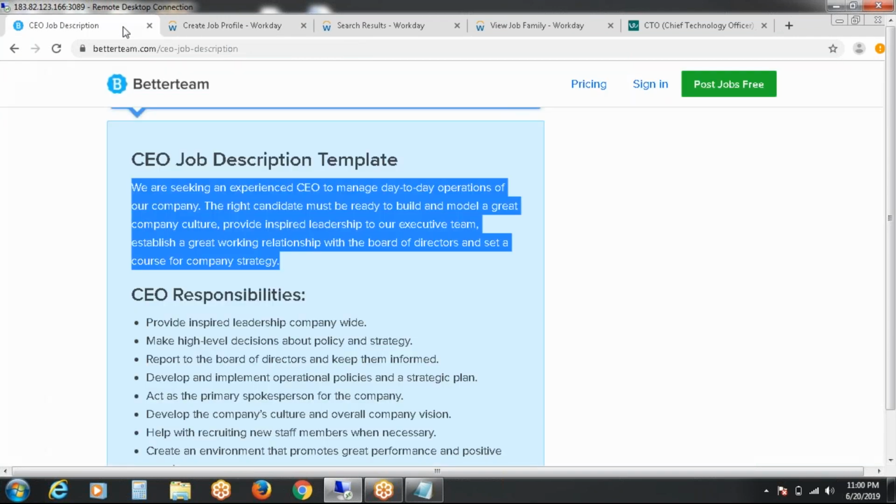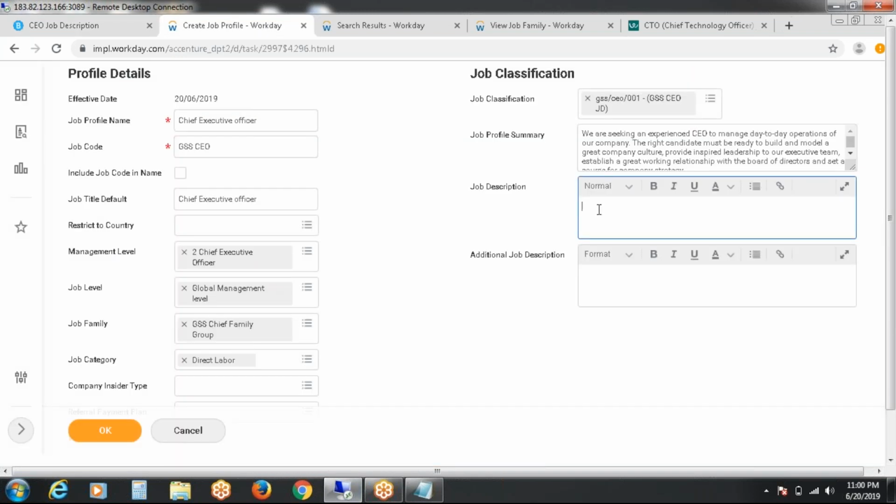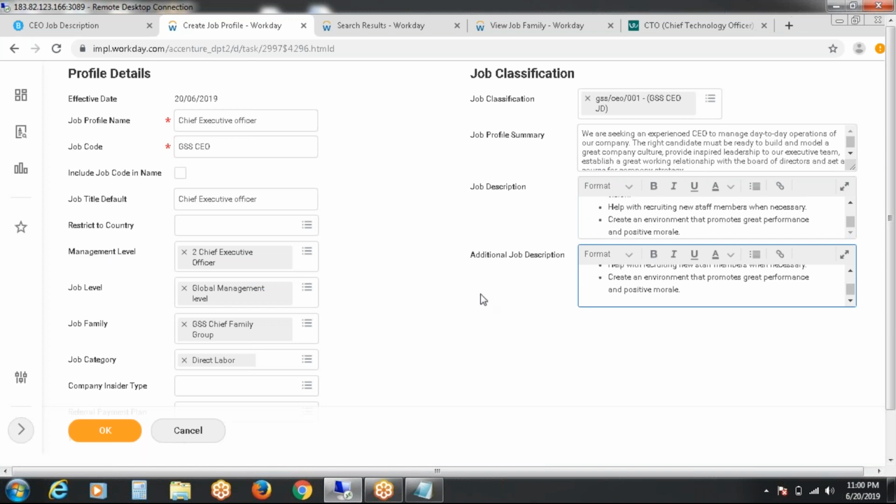And for job description, please call roles and responsibilities. And additional job description, anything to add, no issues. If you don't add these fields also, nothing will happen. By taking these two fields, the job profile will be created accordingly.